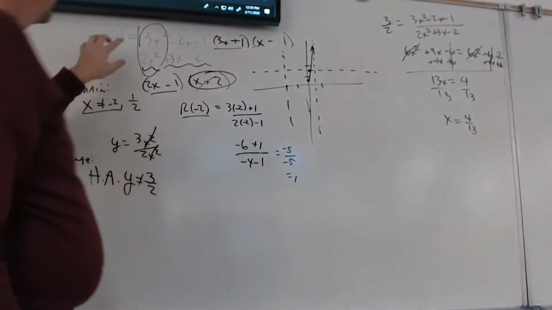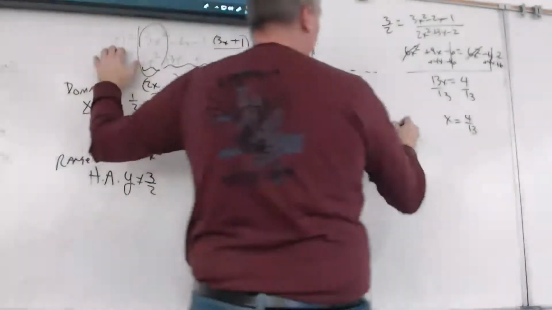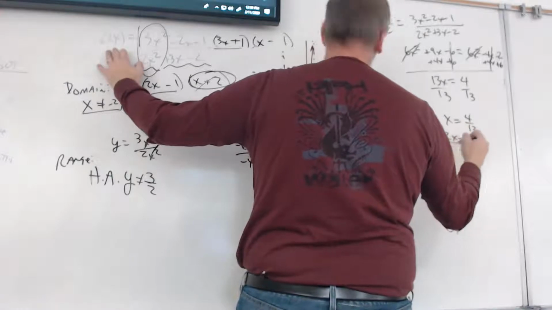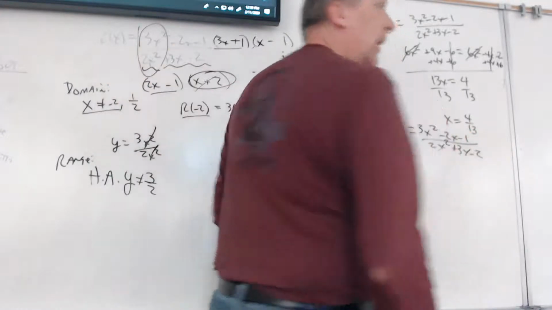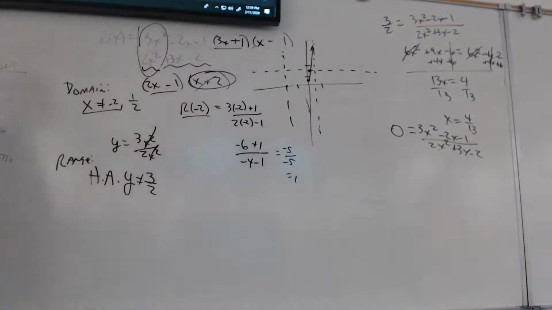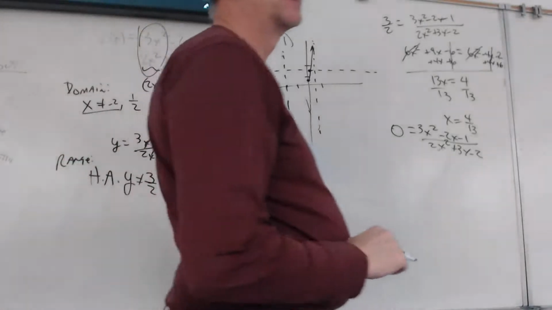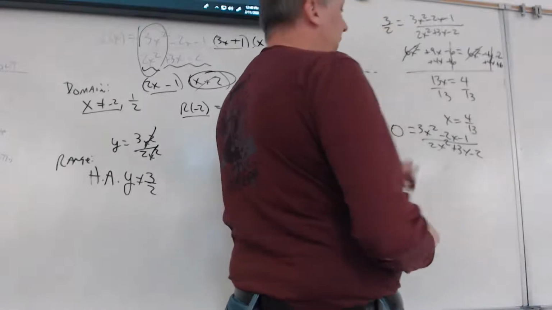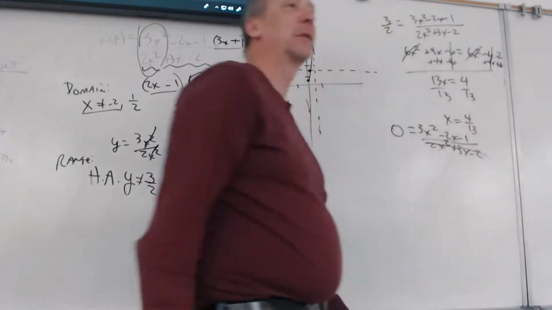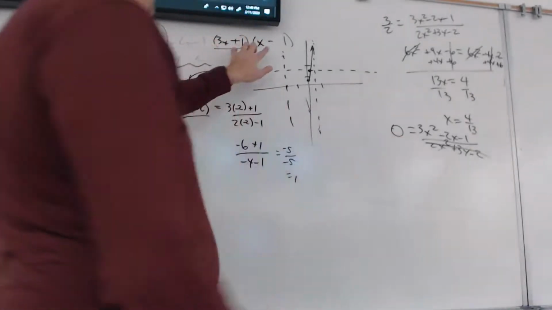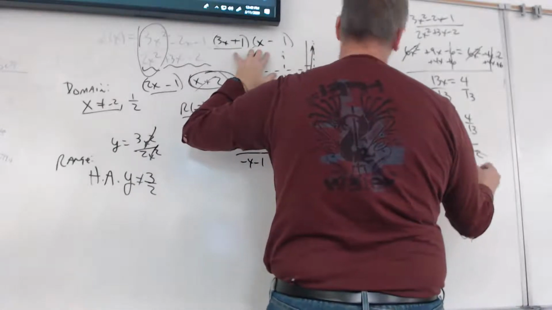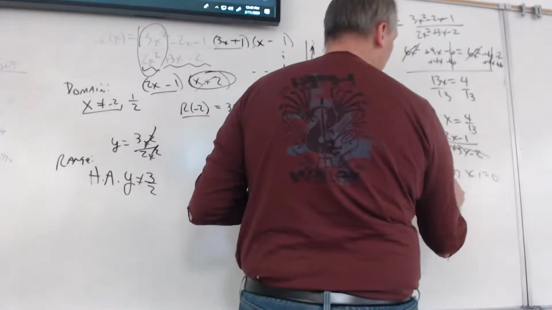And now, if y equals 0, so if I said this whole thing equals 0, 0 equals 3x squared minus 2x minus 1 over 2x squared plus 3x minus 2. How do I solve that, Rory? Multiply by the denominator, that's just going to go away, right? And then this factors into that, right? So I'm going to have 3x plus 1 equals 0 or x minus 1 equals 0. So x equals,